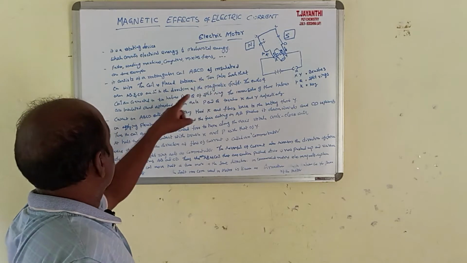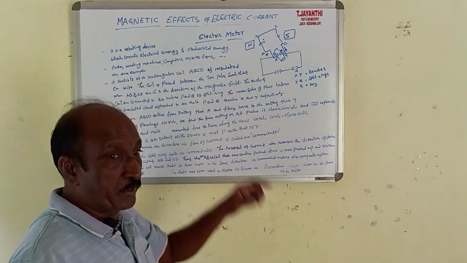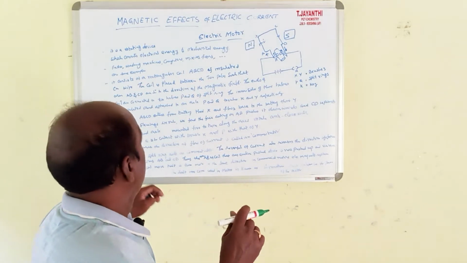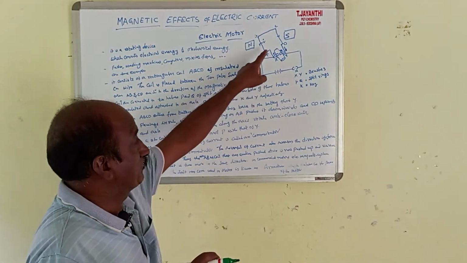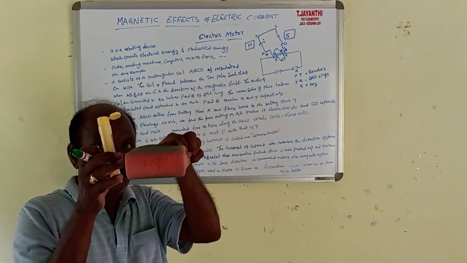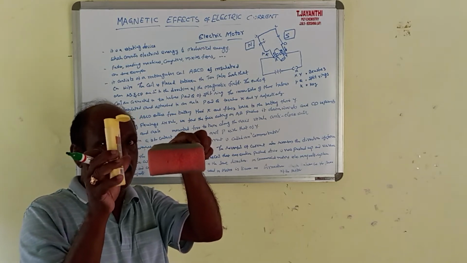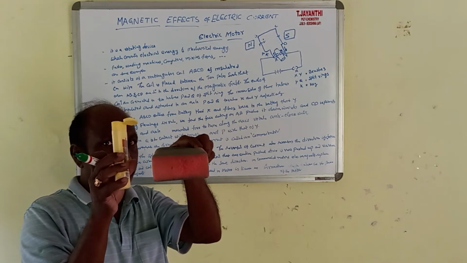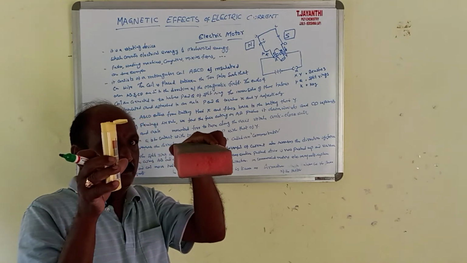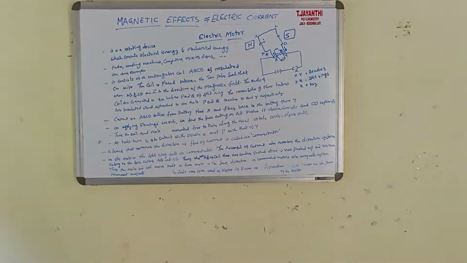Placed between the two poles such that arms AB and CD are perpendicular to the magnetic field lines. Magnetic field lines, this is perpendicular. That is why I have shown you this, if you consider this as the pole of a magnet, and this is the part ABCD, conducting copper wire, insulated one. Okay, I have kept this one as perpendicular. You see here, this is exactly perpendicular to this. Perpendicular means 90 degrees.